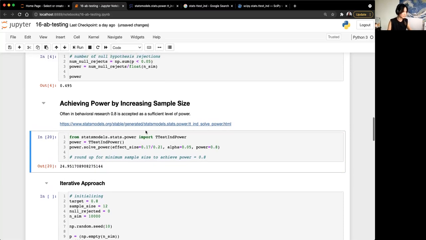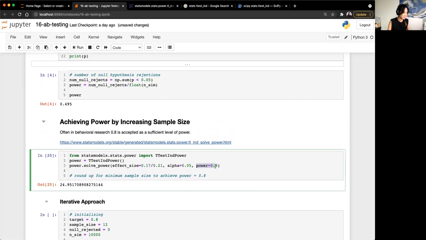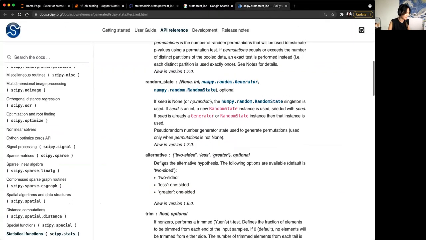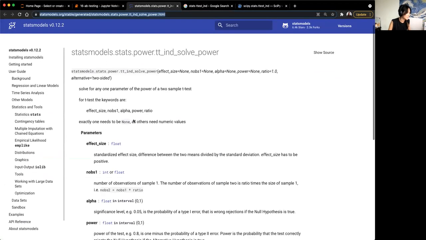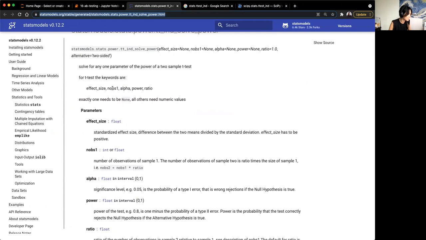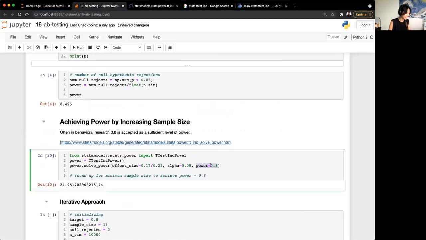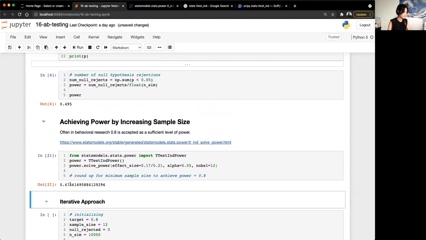Let's say, if we want to go back and look at this one, if we did, I always forget how you spell the number of observations because it's, oops, is this one? No, it's here. Number of observations is nobs1. Okay, so we did nobs1 equal to 12. This will give us